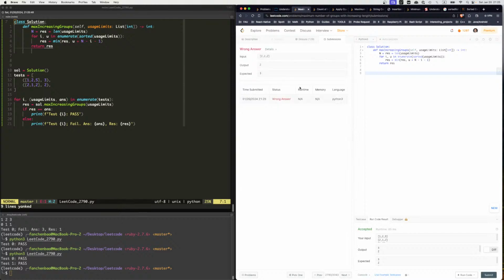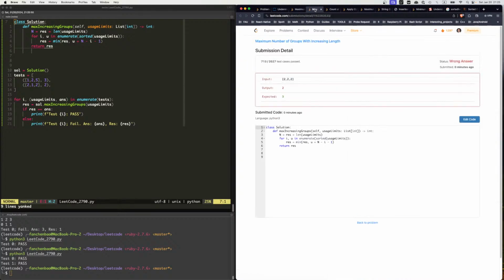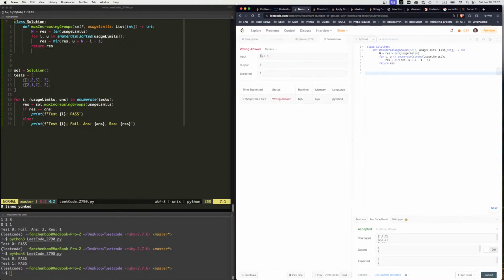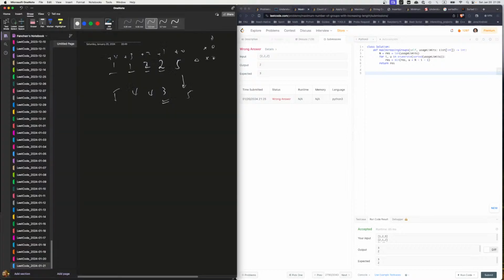Nope. Did we always get some? We got some. So this is not right. Output is 2 because we got 2 on each one. 1, 2. Hold a second. How did you do 2 to 2? So 2, 2, 2. 0 can appear 2 times. 1 can be 2 times. So I can do 0, 0, 1, and